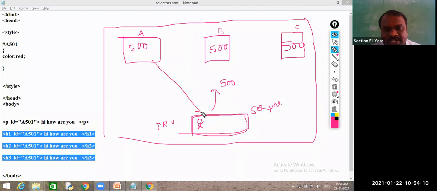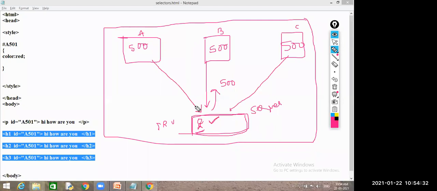So from this location 500 will come, from this place 500 will come, from this place 500 will come. So at this location, can our higher authority or our principal get multiple records or not? Multiple persons or not? Yes, sir.